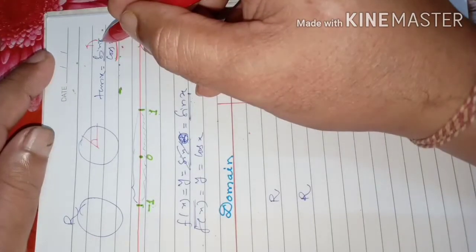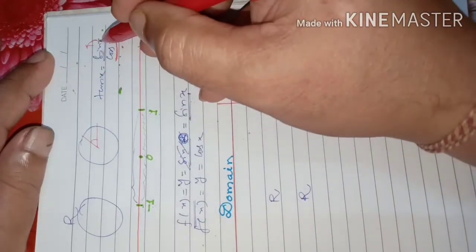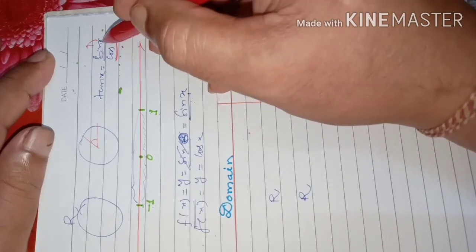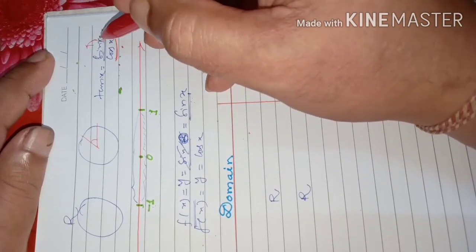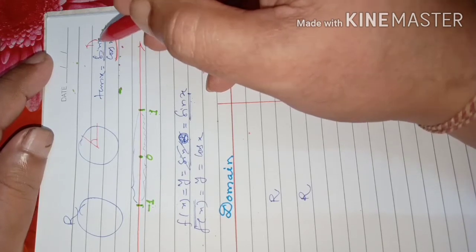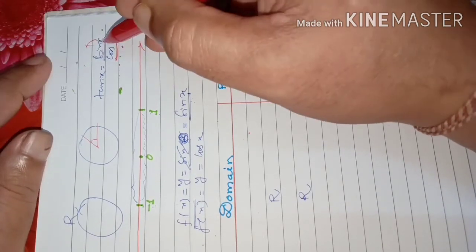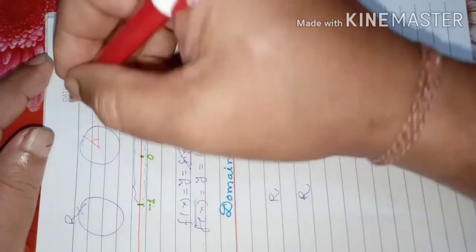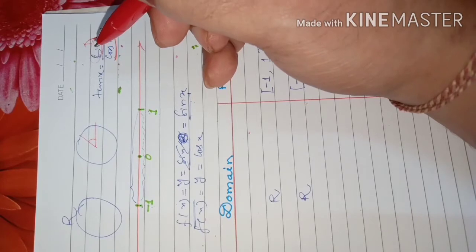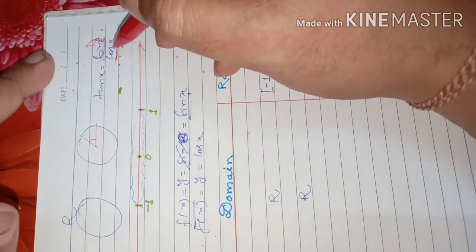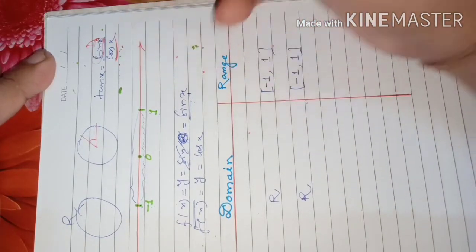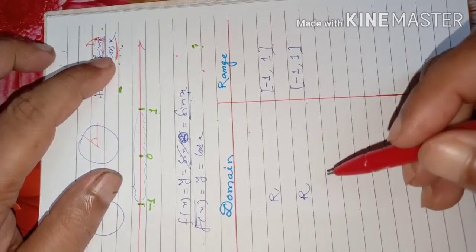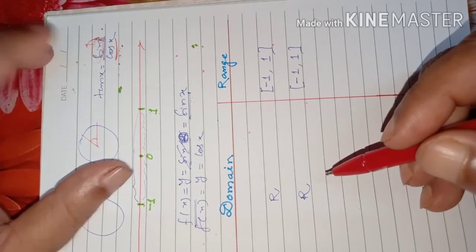In the numerator's place, you can take 0 degree, 45 degree, say 0 radian, pi by 4 radian, pi by 2 radian, pi by 6 radian, any value, twice pi, whatever. There is no problem with the numerator, because the numerator of a fraction can be any real number. But there is a restriction with the denominator. The denominator of a fraction can never be 0. Why? Because division by 0 is meaningless.